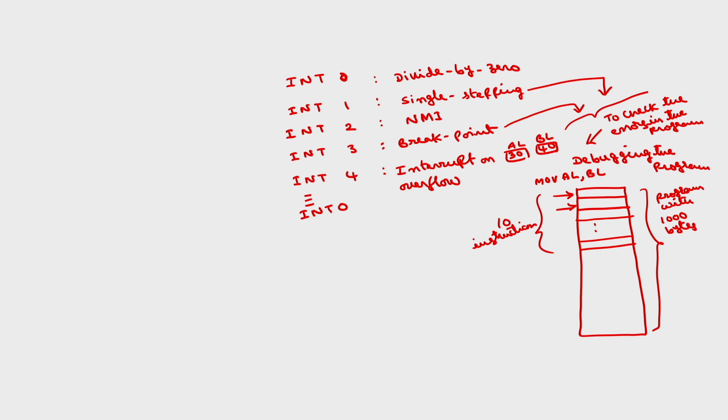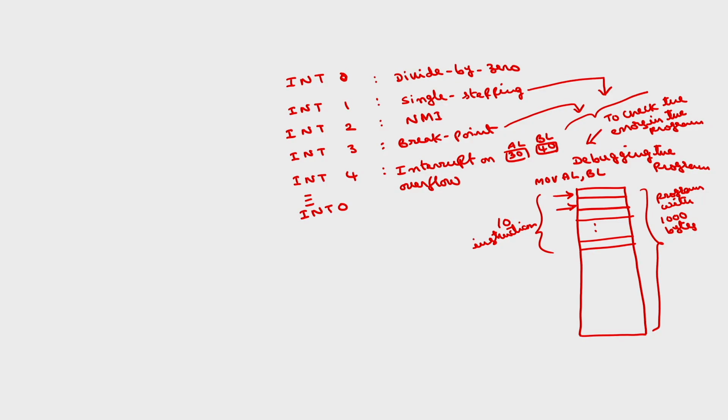For 8-bit, the signed number result should be from minus 127 to plus 128. If the result is beyond this range, then the overflow flag will be set, and automatically the microprocessor will be interrupted and will jump to the location computed using the procedure I have just described. This is about INT4. These five interrupts, 0 to 4, are called predefined interrupts.